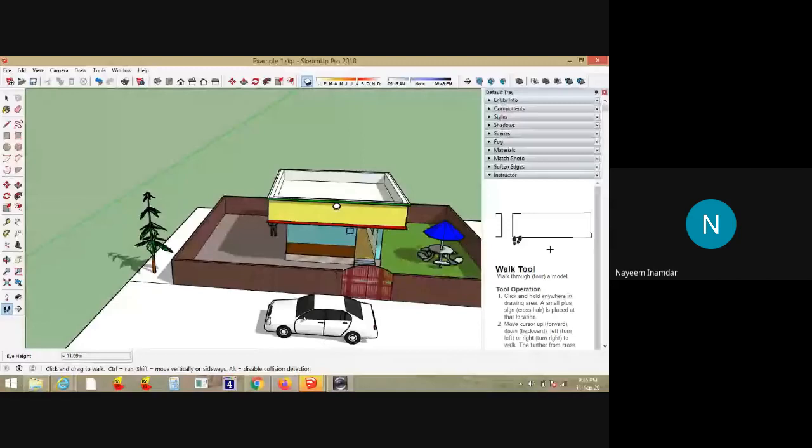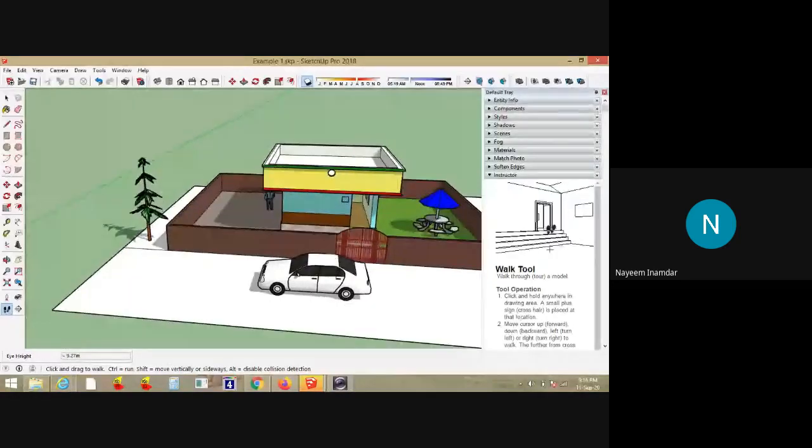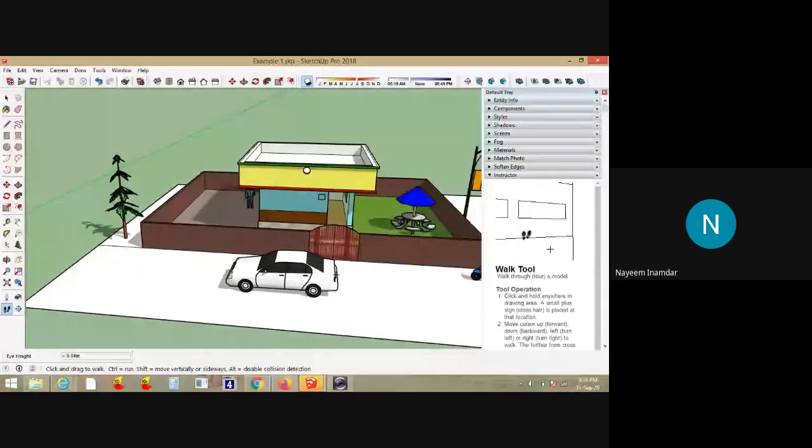So you can see here how I can make the visibility.